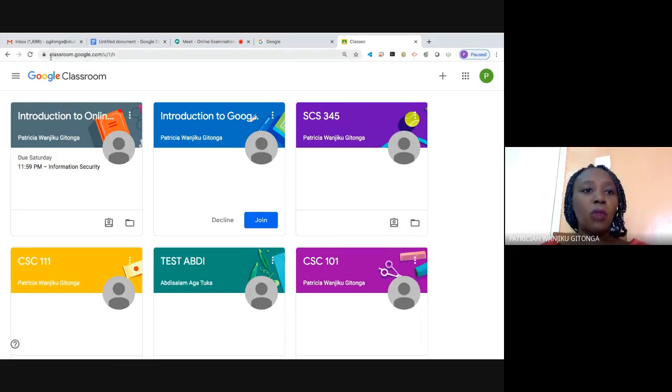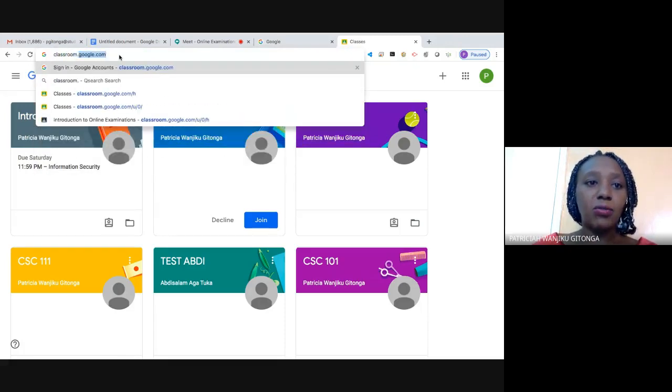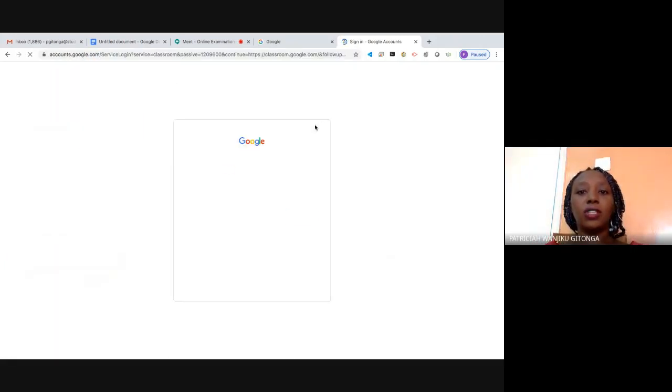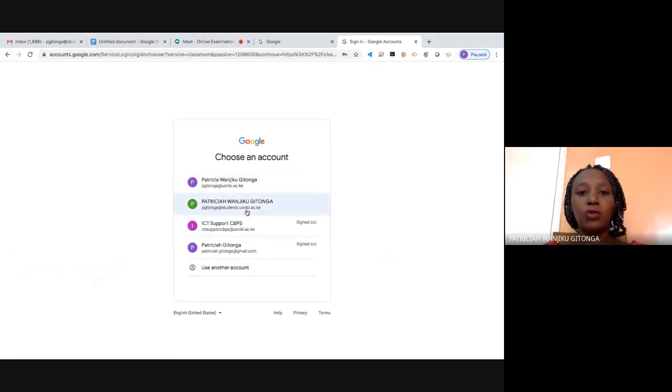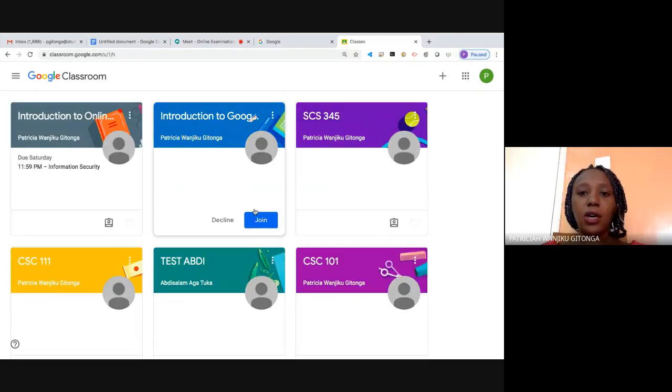Instead of going through the apps, you can also type on the browser classroom.google.com. When you're still logged into that page, you get the same thing. You either choose to go through the apps or through the browser for that purpose. So, as a student, you're